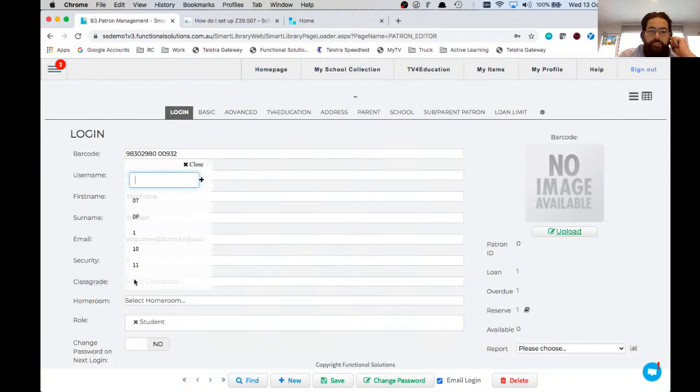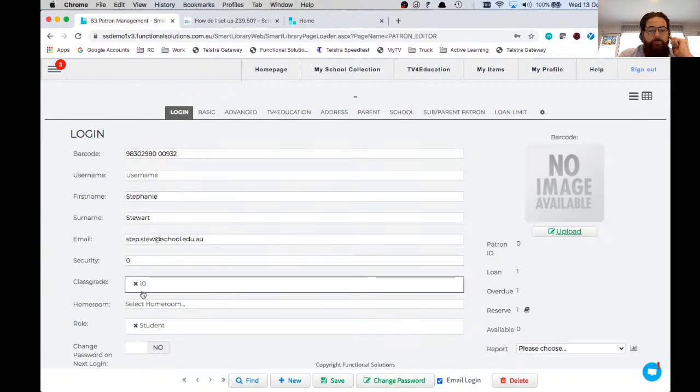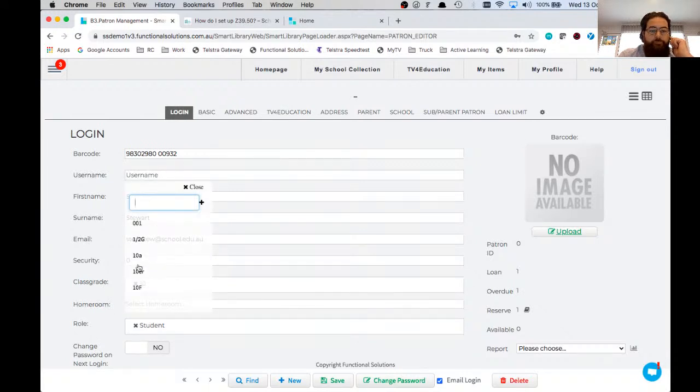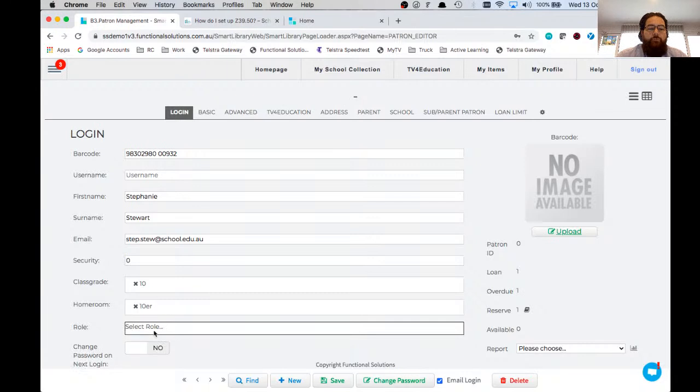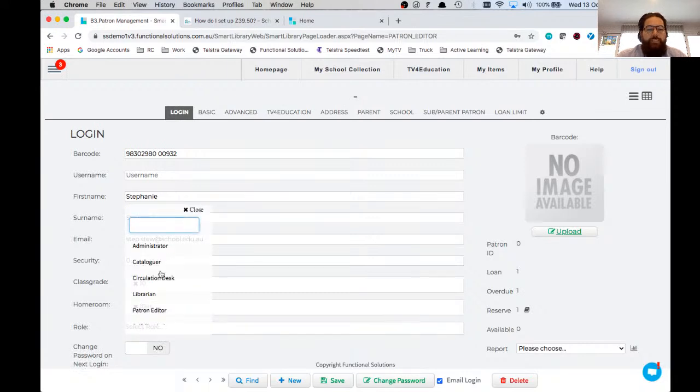Okay, so go ahead and select that. Homeroom. Okay, and then their role throughout the system. So if they are a student, we default everyone to a student, which is the lowest privilege in the system. If they're a teacher and we want education or any of those additional facilities like being able to look for users to share collaborative lists with, we need to remove that role, click on the field again, and select teacher